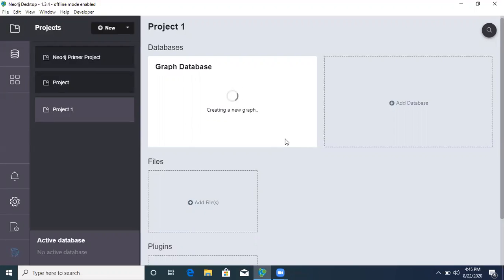Then what an ID is, how a node is represented by its ID, and different queries. With respect to those queries, we'll see some clauses. These things I will cover in this basic tutorial of Neo4j. It will take some time to create the new graph.